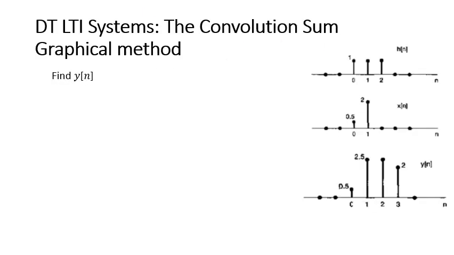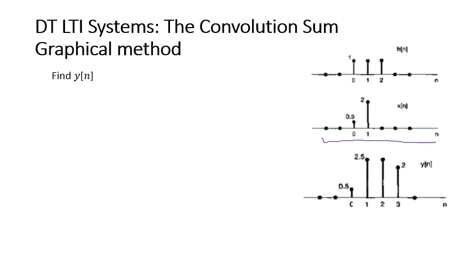So based on the steps mentioned in the previous slide for finding the convolution sum, let's have a numerical problem to use those steps and find the convolution sum, or find the output of the system using the convolution sum. Okay, so for example, we have a signal that is x of n, which is defined